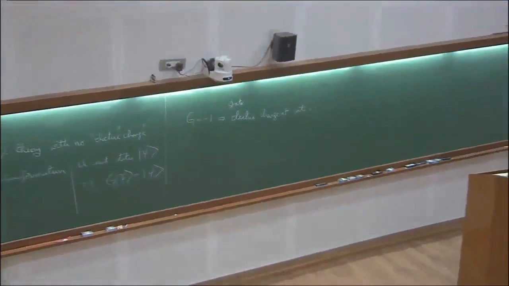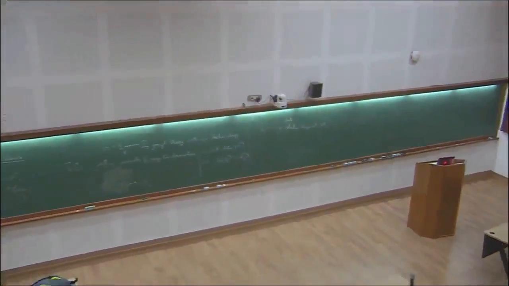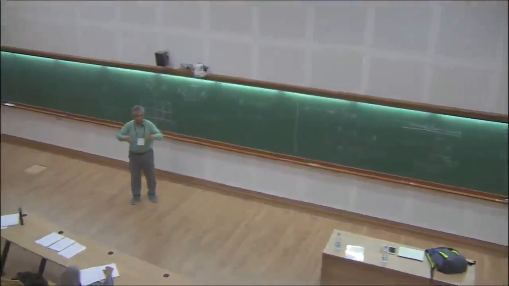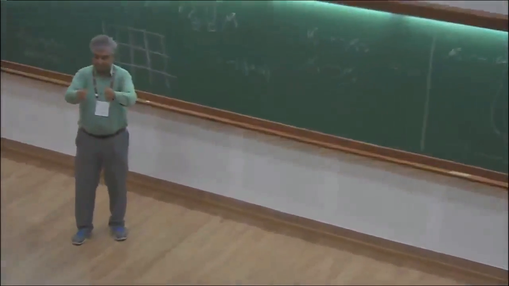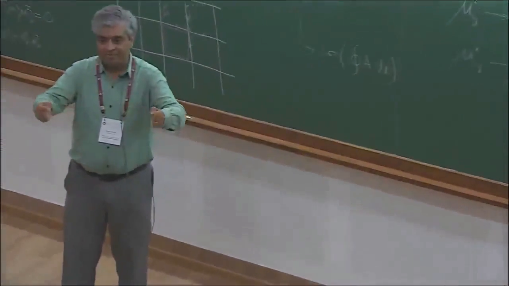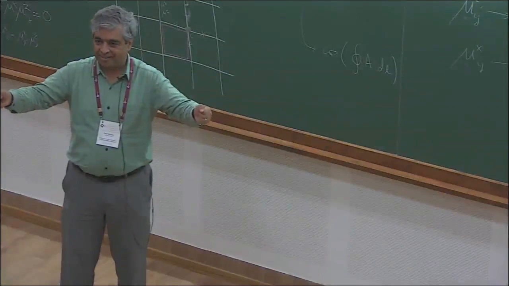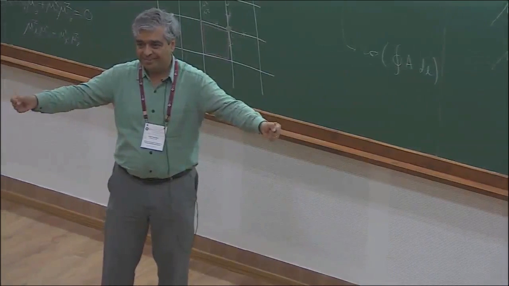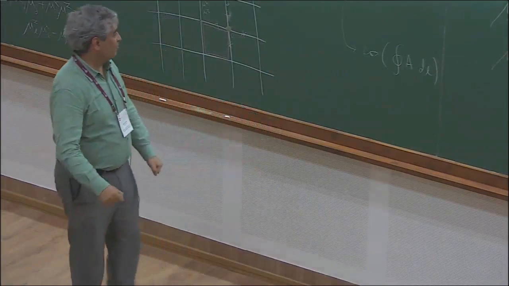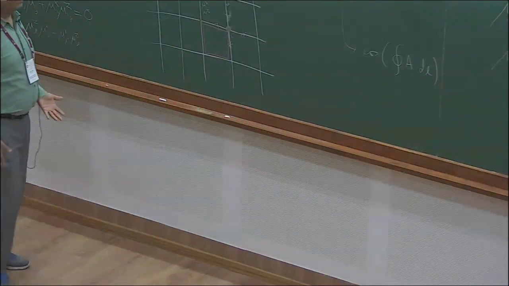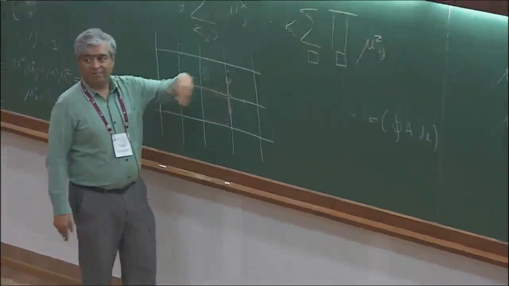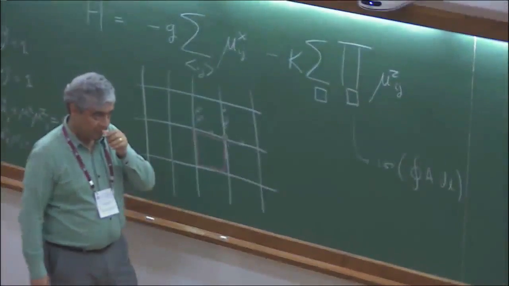All right. So now I ask the following question. So these are like very heavy static charges. They don't move. I'm going to look at the ground state energy when I have two electric charges next to each other, and I move them far apart, and ask how the ground state energy changes. That's what I want to ask. And what you'll find is that there's a completely different answer depending on whether K is much bigger than G or the other way around, okay?